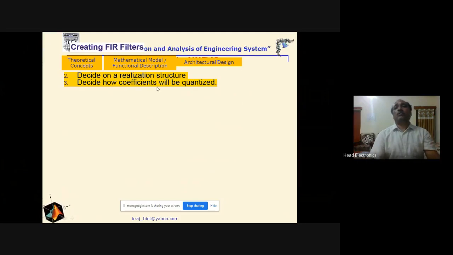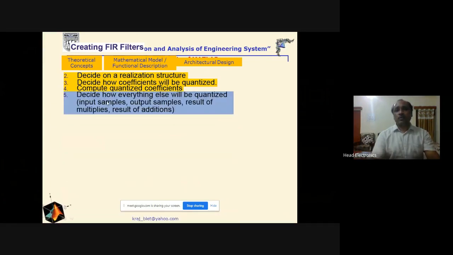In the designing, we have computed the coefficients, and here we have to decide, we have to quantize the coefficients. Why is the quantization required? Because in order to implement our concept on a given target, according to the word length of the target, we have to quantize the coefficients here, and for that purpose we have to compute the quantized coefficients. And how the quantization will take place, the decision has to be taken on the input samples, output samples, and result of the multipliers and the result of the additions here.